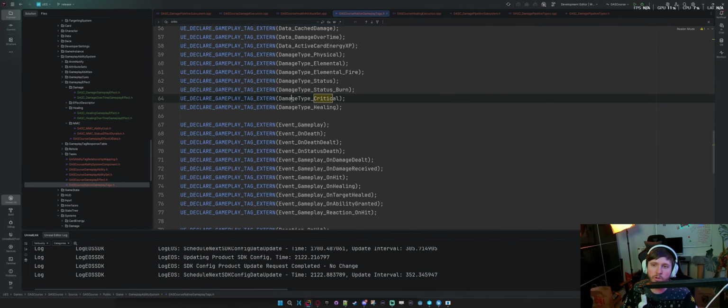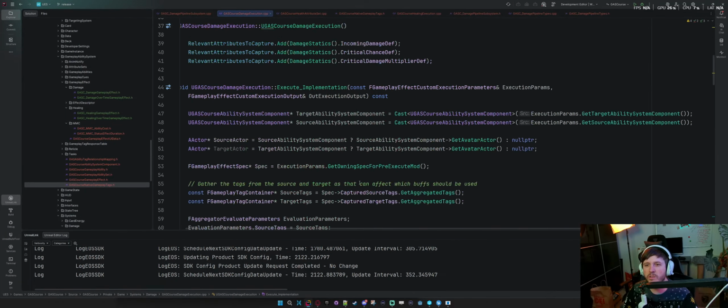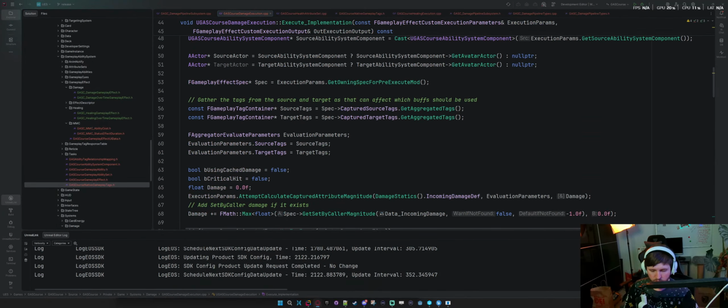So damage type, critical. Yes. Okay. So I should be able to hopefully modify. I don't know if I can. So that's my first issue. Let me see.